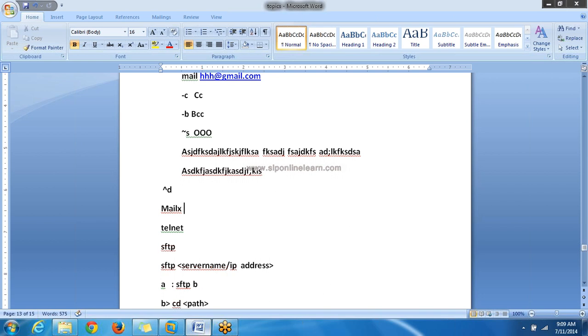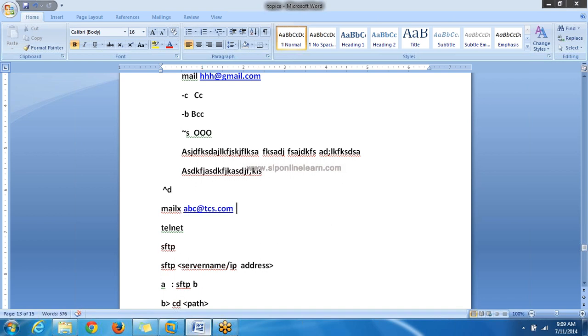The syntax of the mailx command is very simple. Mailx, space, then you can specify the to address, some mail id.